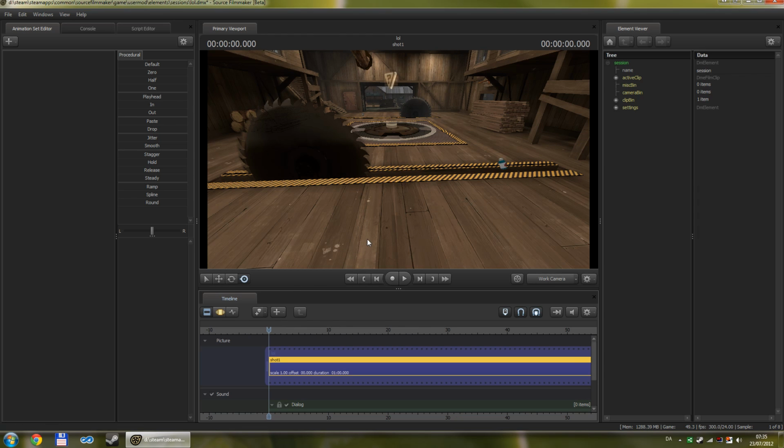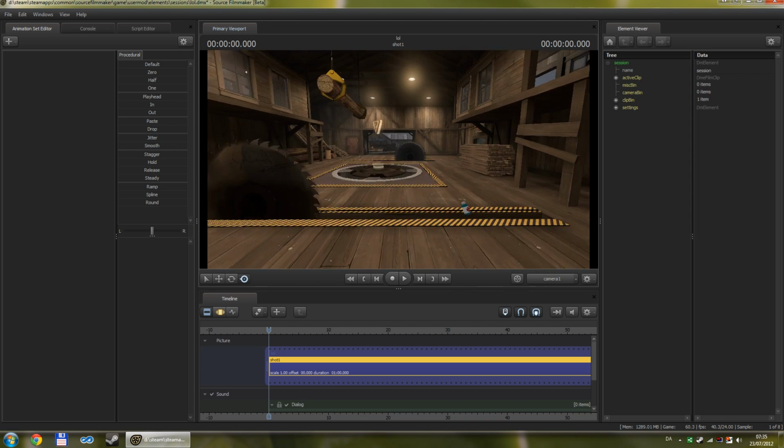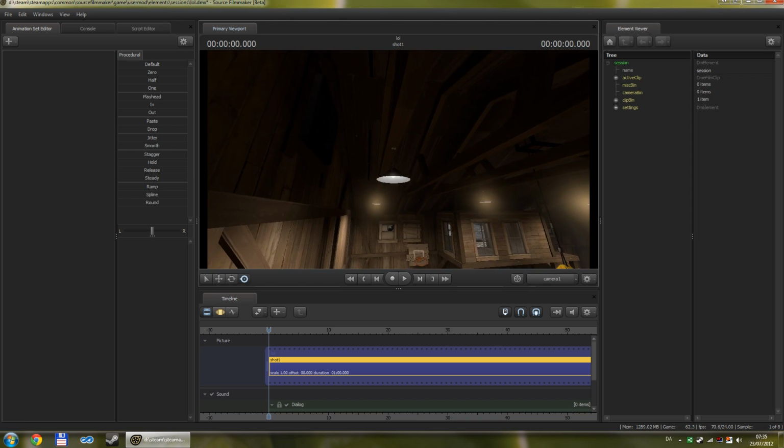So now we want to create a camera that follows him. So first, let's click this drop down and then change scene camera to camera 1. If it didn't create a camera 1 for you, simply click new camera. Anyways, camera 1, and then click the camera button to switch to it. And then let's place it up here somewhere,